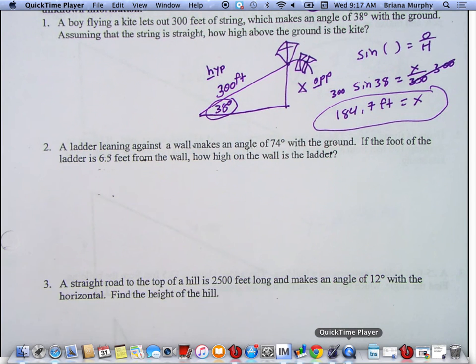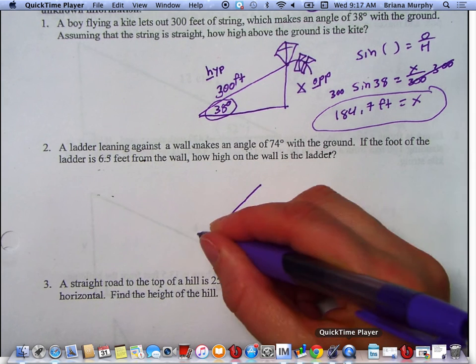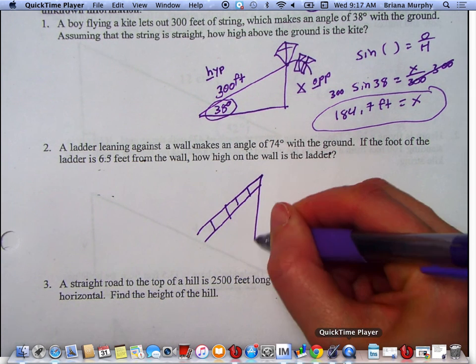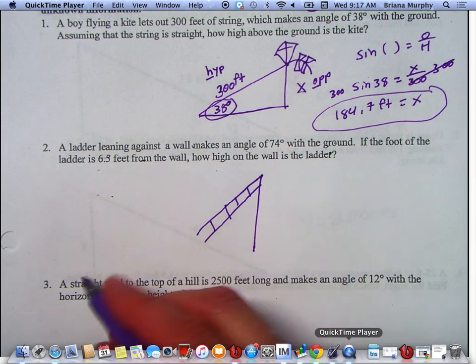So, I don't like to read the whole thing and then make the picture. I like to make the picture as I go. So a ladder leans against the wall. So I got to draw my ladder leaning first. Okay? It's leaning against a wall. So here's my ladder leaning against the wall. It makes an angle with the ground